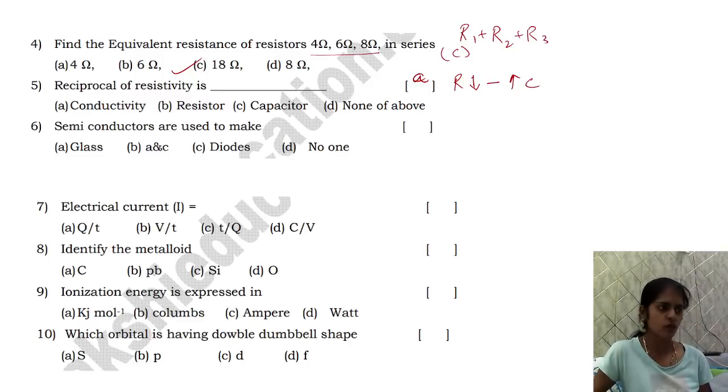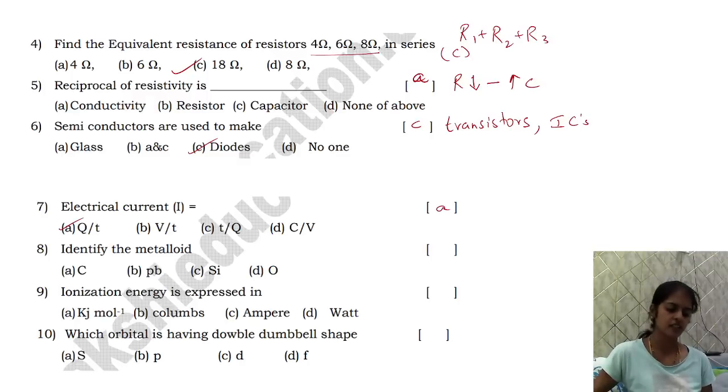Semiconductors are used to make what? Semiconductors are used to make diodes. They are also used to make transistors, and they are also used to make integrated circuits. In TVs and computers we have ICs, integrated circuits. Electric current. What is the formula for electric current? Direct question. Q by T. The amount of charge which is flowing through a particular cross section in a unit time is called electric